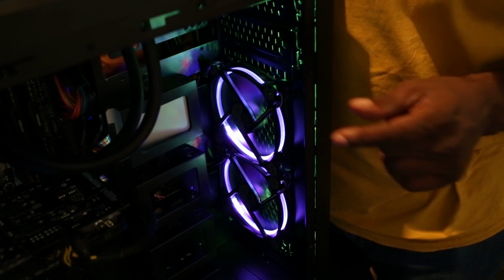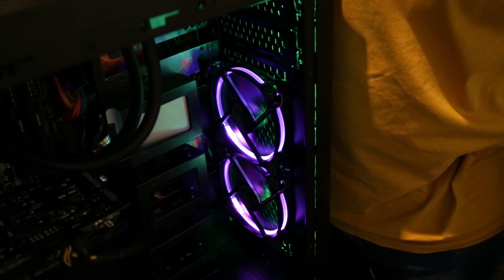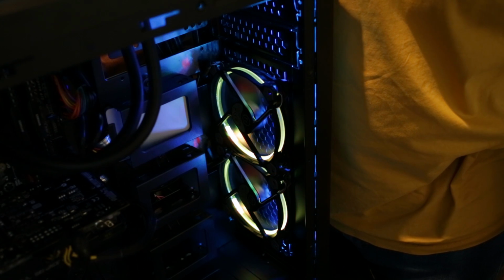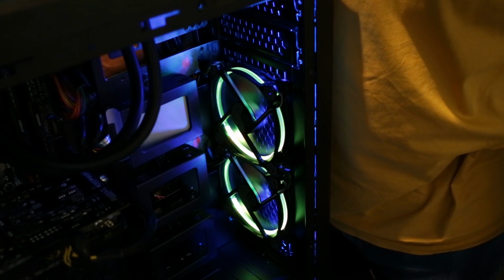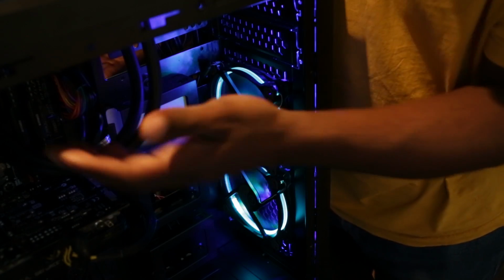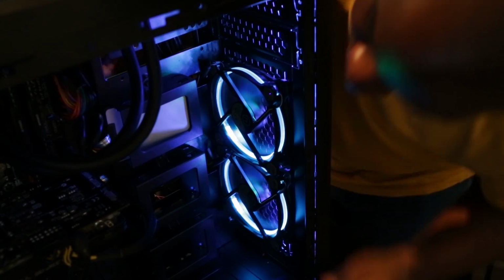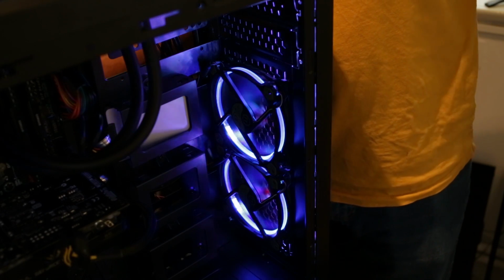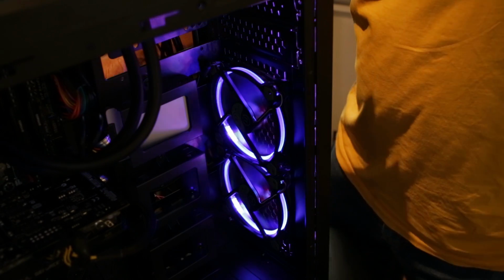So this is at 1500 RPM speeds. Now I'm going to lower it down, and you can barely hear them. So that's the graphics card, or maybe the fans at the top. That is awesome. Anyway, let me show you the box really quickly so you can see what I'm doing,